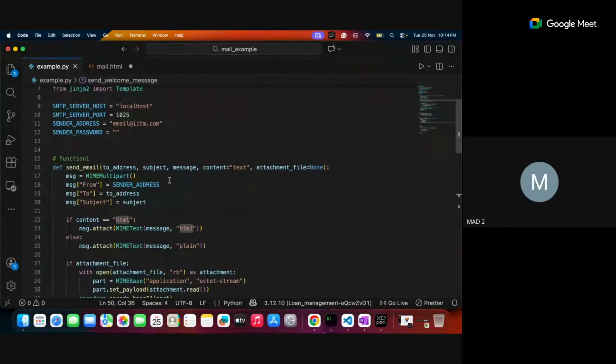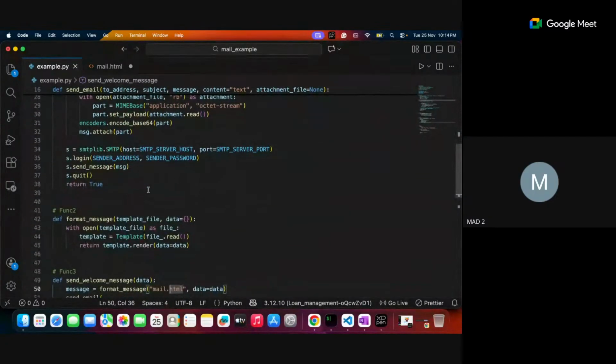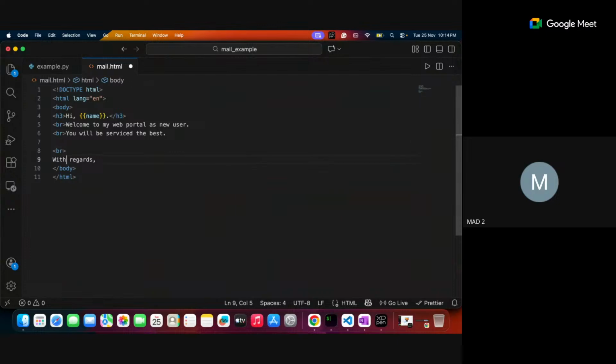Maybe the from address is the sender address. I can use this one as a sender. Yeah, that's okay. Formatting this one, the data you are sending, the data is a dictionary. This dictionary contains these things, name and email. Yeah, the sender is always iitm.com. Yeah, the sender is with regards of